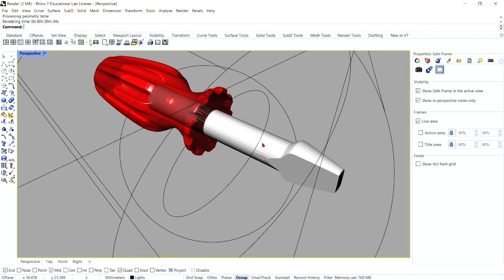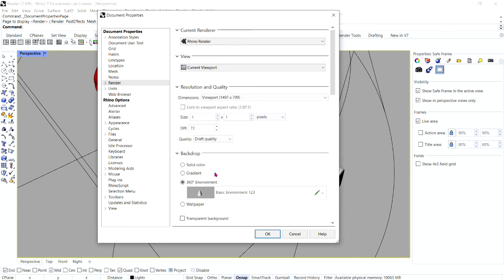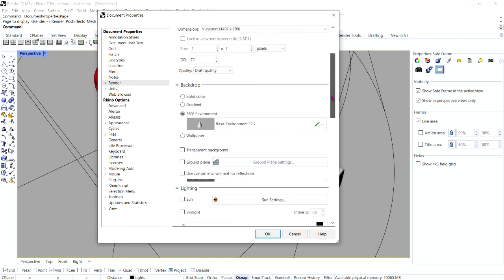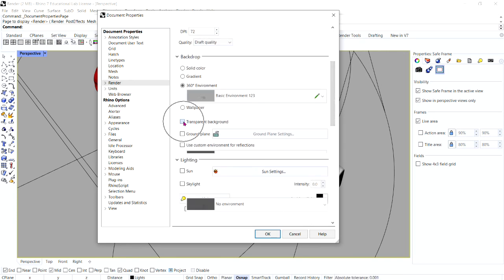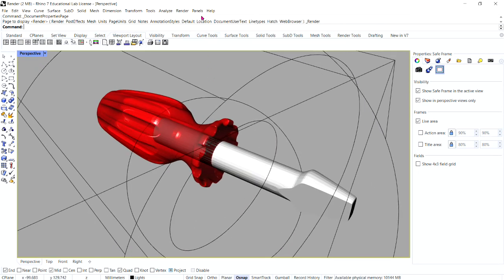So if you want a transparent background, and then you can save the rendering, say, as a PNG, and save yourself some time with the polygonal lasso tool, for example, within Photoshop, then what you're going to want to do is go to Render, Render Properties, and scroll down, and you're going to want to make sure that this little box is selected, that you see that check mark in there that says transparent background. Okay, all right, and then when you render,